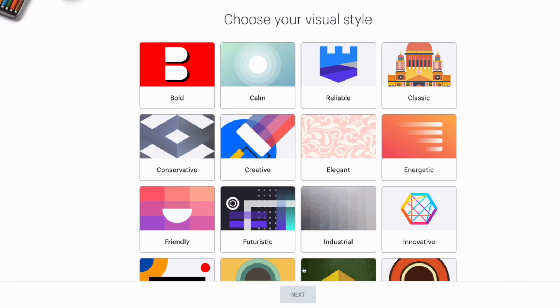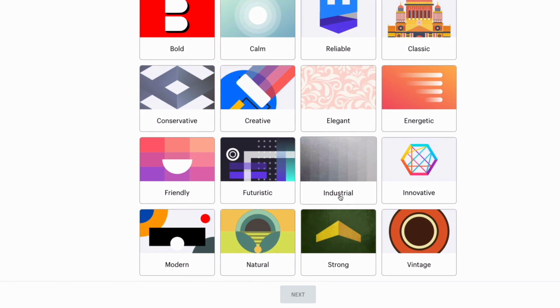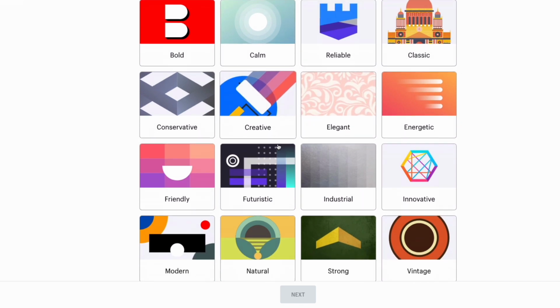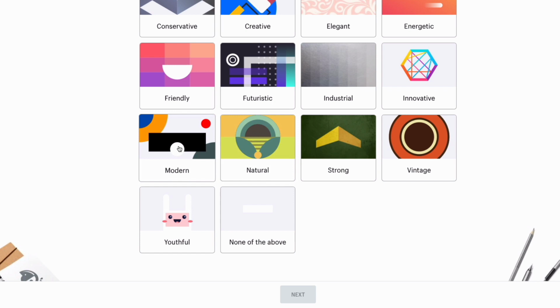You click on Next. And now you're going to choose your visual style. Because we all have different tastes, I'm using the example of a coffee shop, and I'm thinking, do I want it to be calm, reliable, creative? Let's go for modern for this coffee shop.